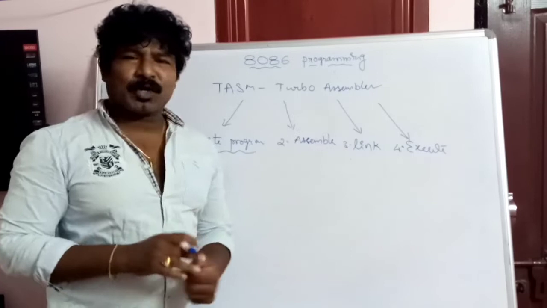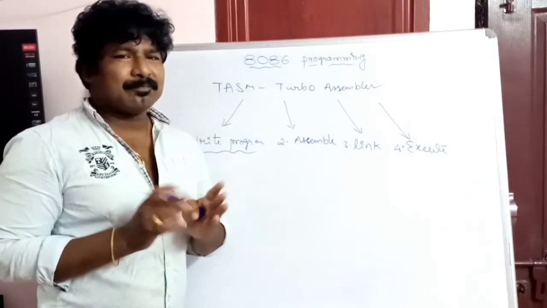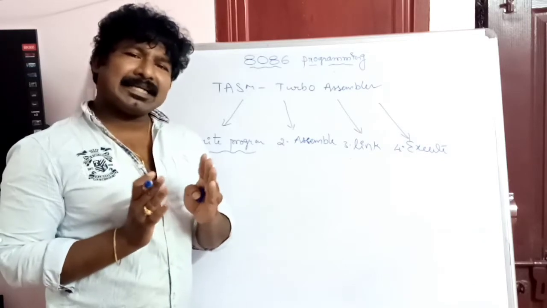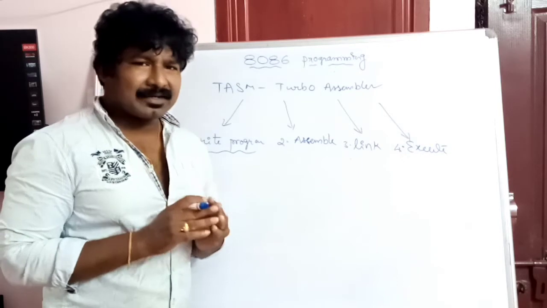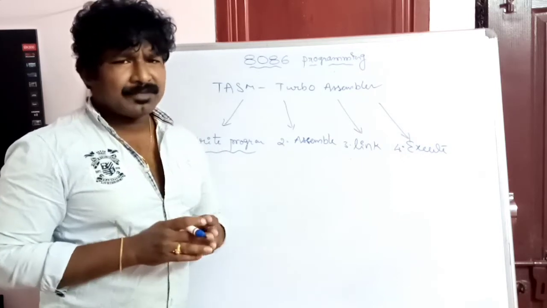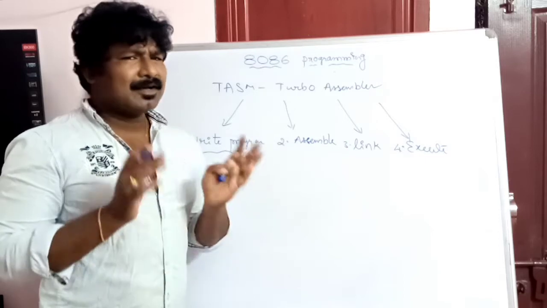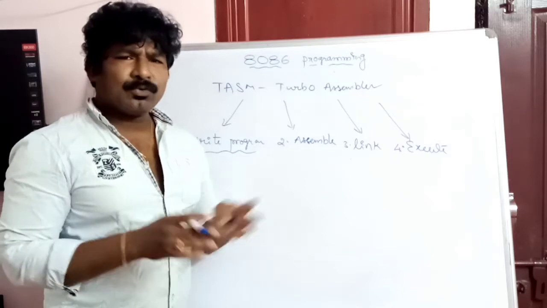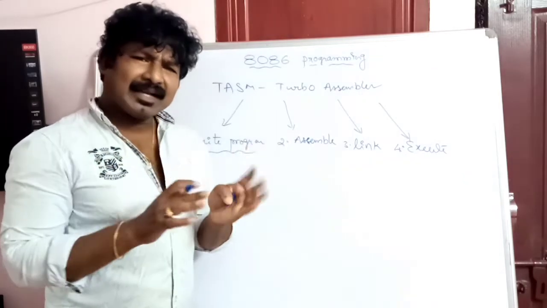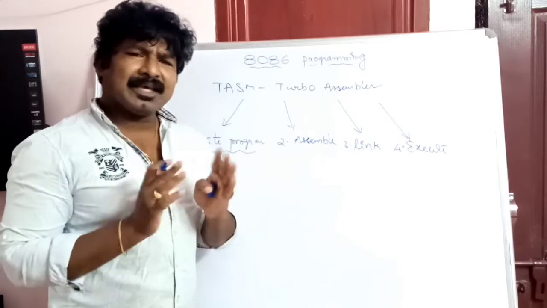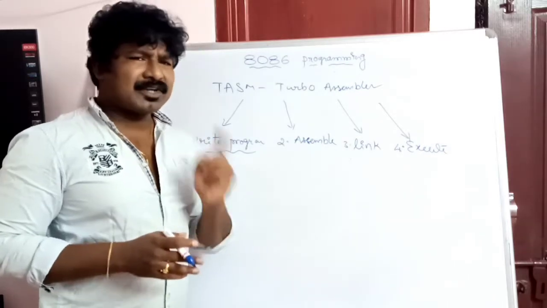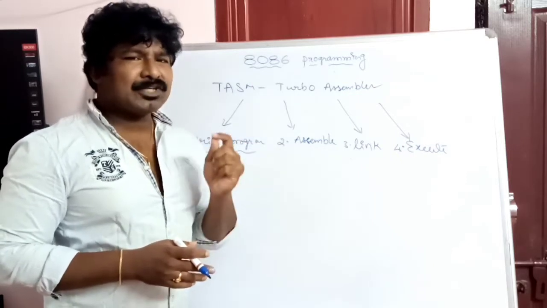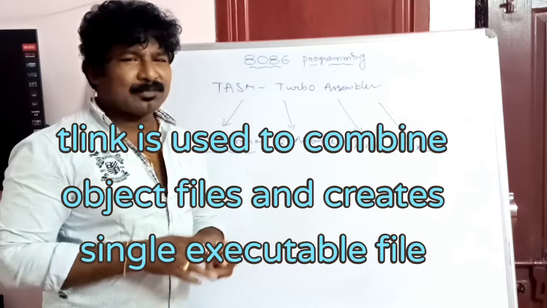Coming to the third part, link. Linking is another important task in executing programs. There is a command called t-link, the Turbo Linker. You need to link your program. What is linking all about? If there is more than one module in your program, or more than one program that you have written and you want to combine them together into a single executable module, then you have to perform the link. Friends, just remember that for every program you need to perform t-link. That means you link the modules into a single executable module.